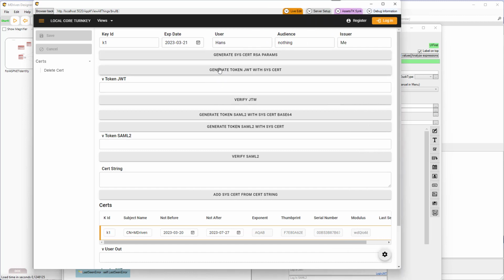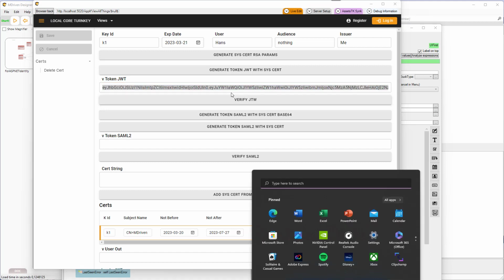So then I can actually generate a token with these parameters, and by using this I will look up this. So these are the actual key values that will be used. So this is a valid JWT token,